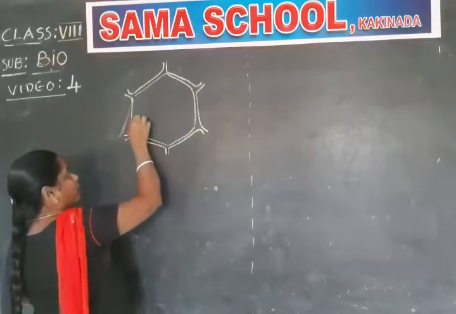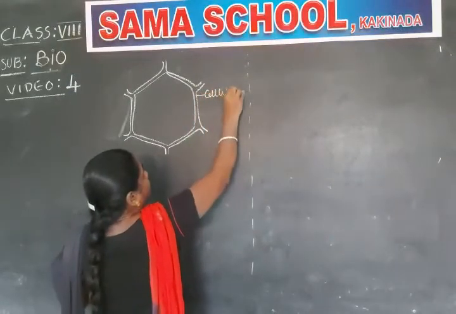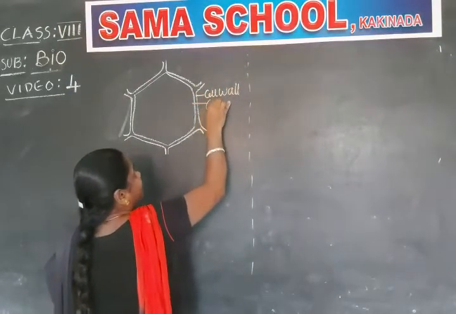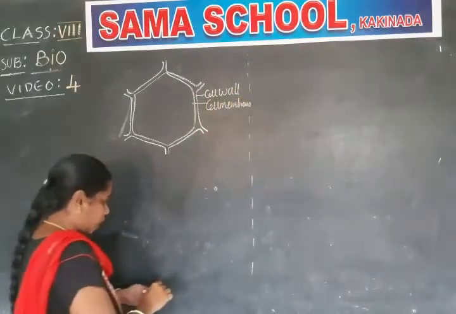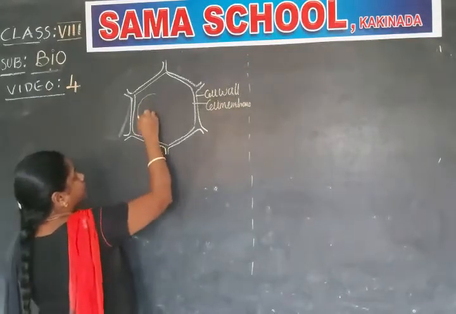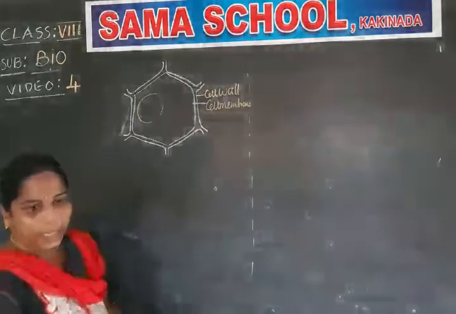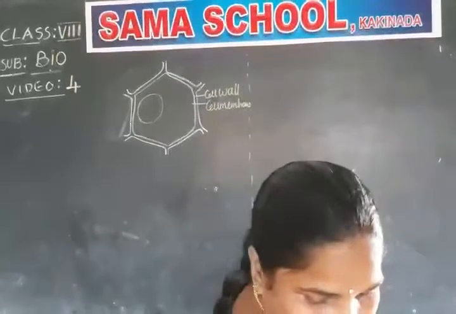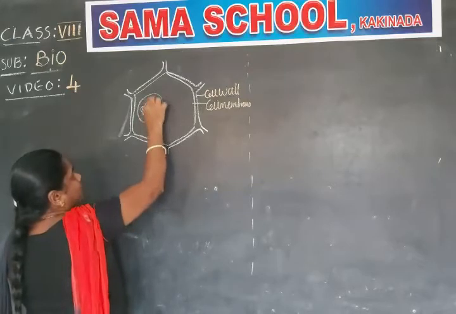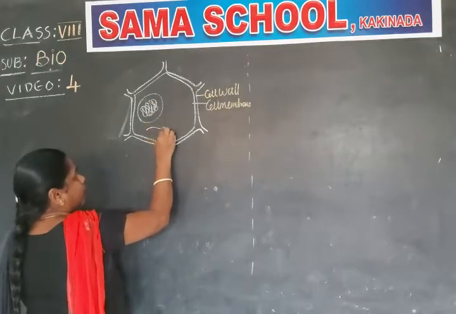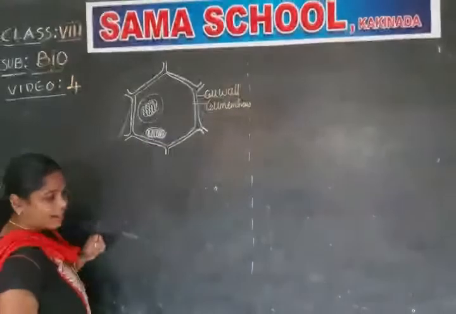So you can see now this is cell wall, this is cell membrane. Okay, now you can see the nucleus. This is the nucleus, and you can see the green color structures. I want to write with the green. Okay, instead of green I will use another color, white I am using here. This is the nucleus of a plant cell, and you can see there are chloroplasts. Why? Because the chloroplast is only present in the plant cell.